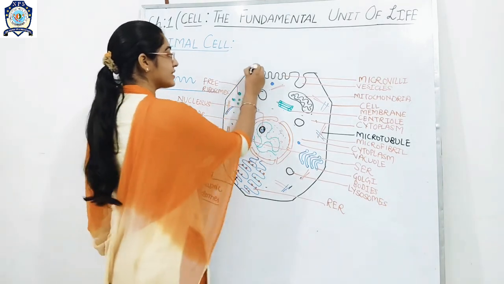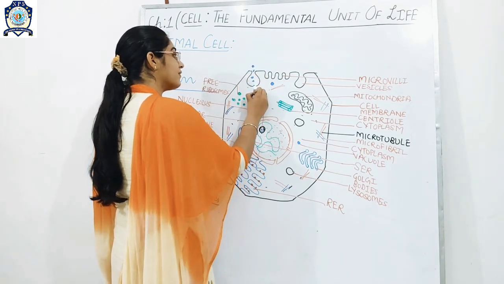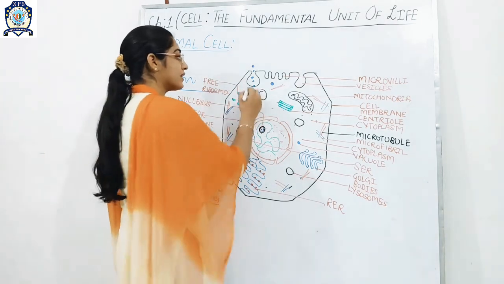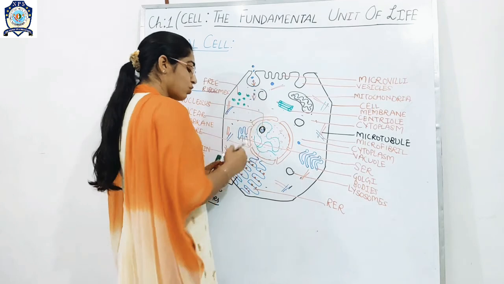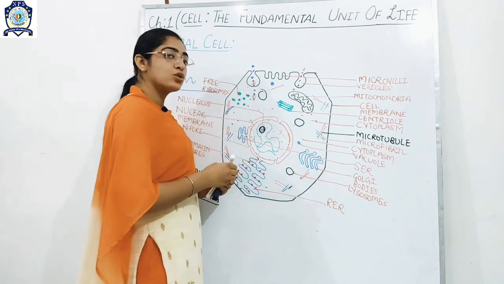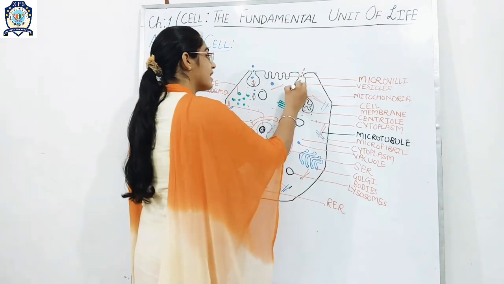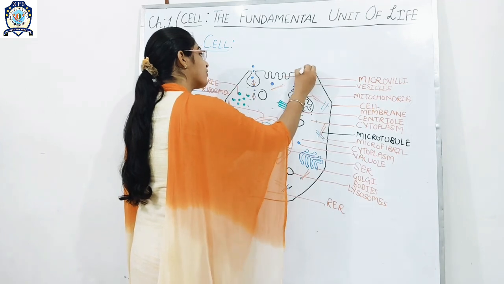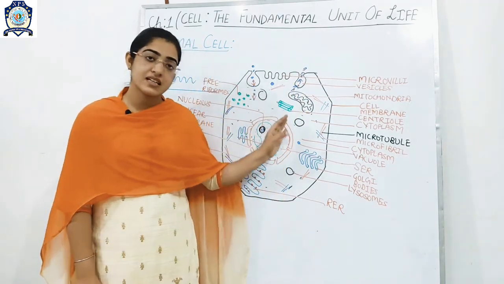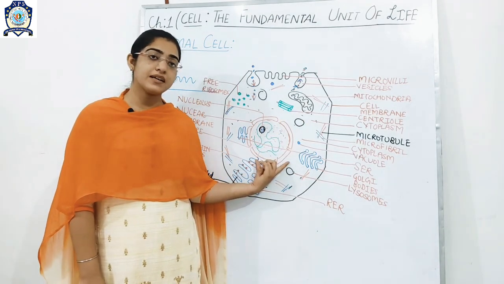And why are these vesicles present? Because through these vesicles material will enter into the cell, and as this is entering, some particles will leave the cell, or you can say they will come out from the cell, which is not required. Okay, there is also a secretory vesicle, and after that, in the center, there is the nucleus.